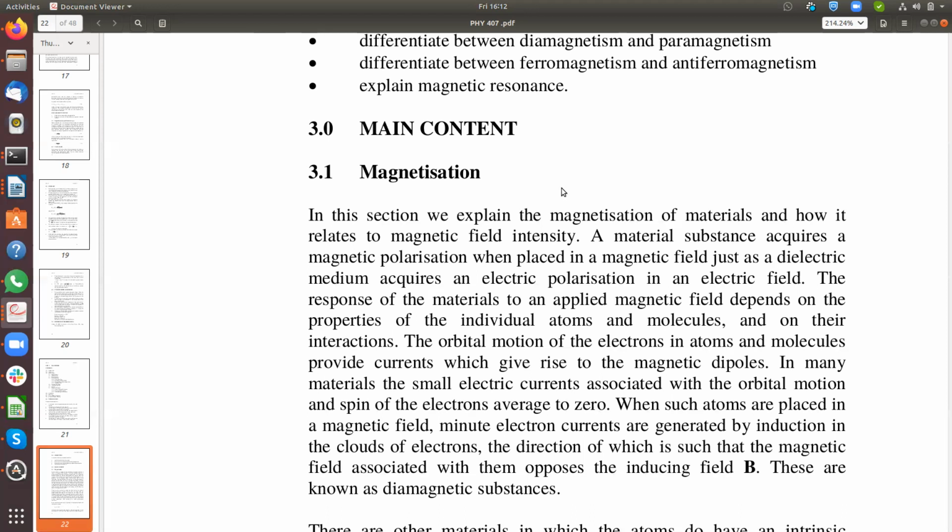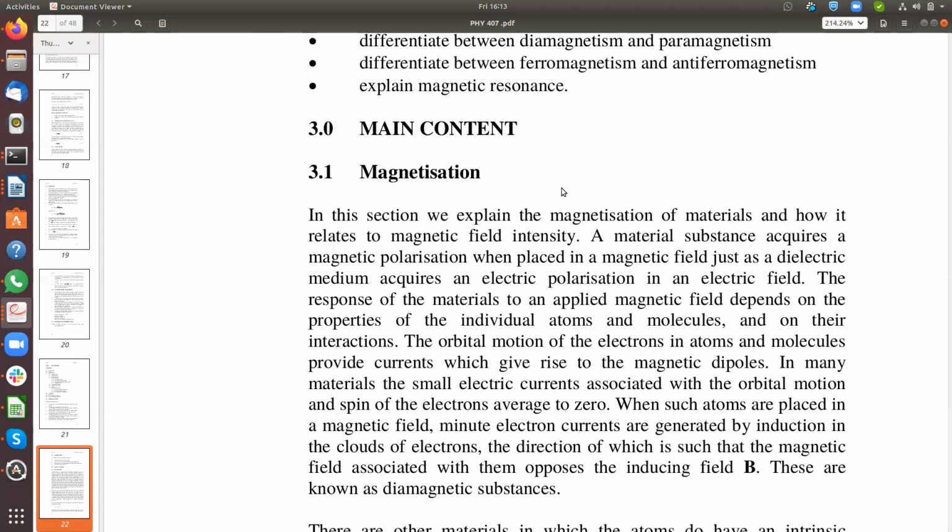Now when such atoms are placed inside a magnetic field, just little electron currents are generated. And by induction in the clouds of electrons, the direction is such that the magnetic field associated with them opposes the inducing field B. This capital bold B that you are seeing is what we call the magnetic field. So these are known as